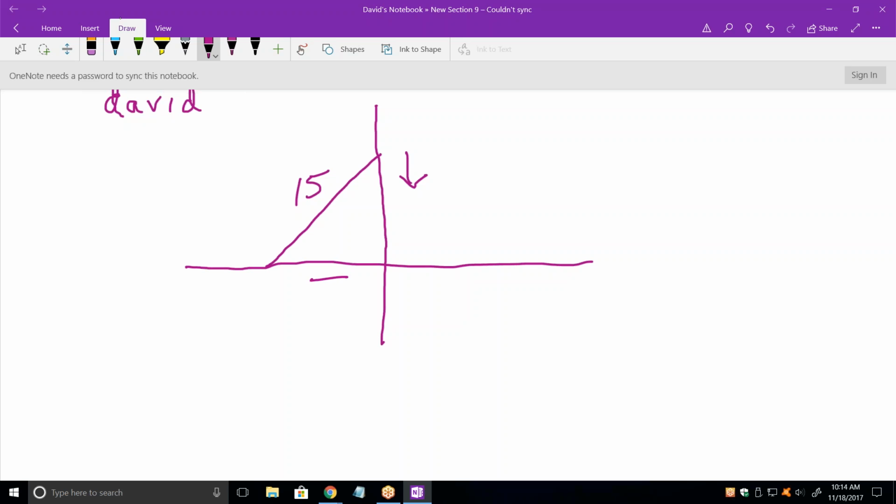We're going to have the bottom of the ladder start slipping to the left at a rate of 2 feet per second. And we want to know what's the rate that the top of the ladder is slipping down the wall